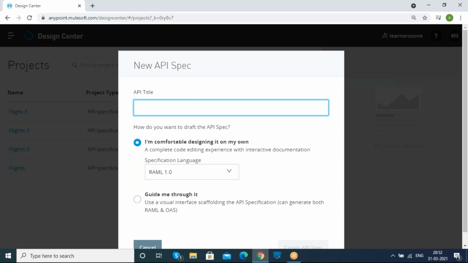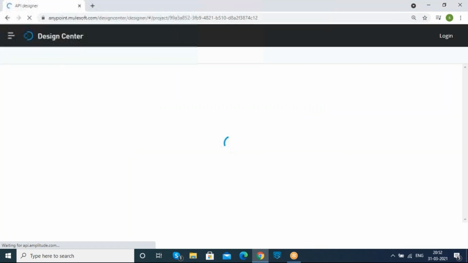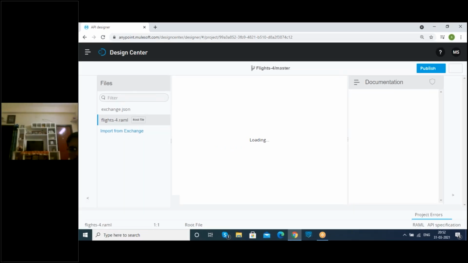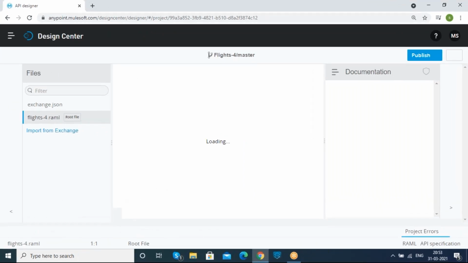Here in our project, I want to design the project regarding flights. When I click on the confirmation tab, it will be redirected to the designer where we can design our APIs. So let it reload totally.